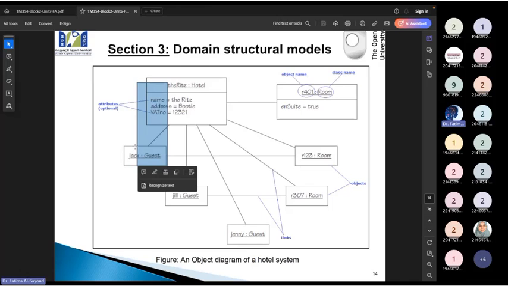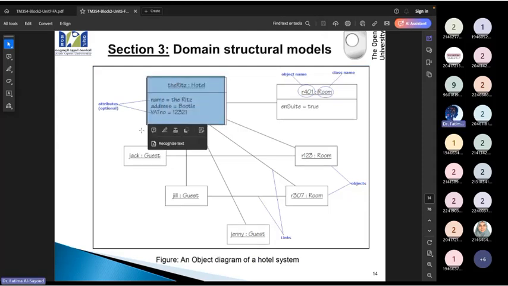Now, if I would like to take a look at the hotel as a hotel, and I would like to know the status of this hotel, what are the states it can go through based on whether it has a guest or not?